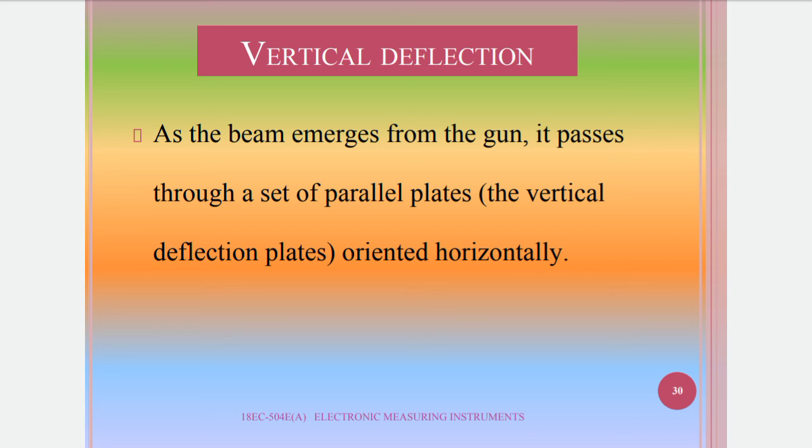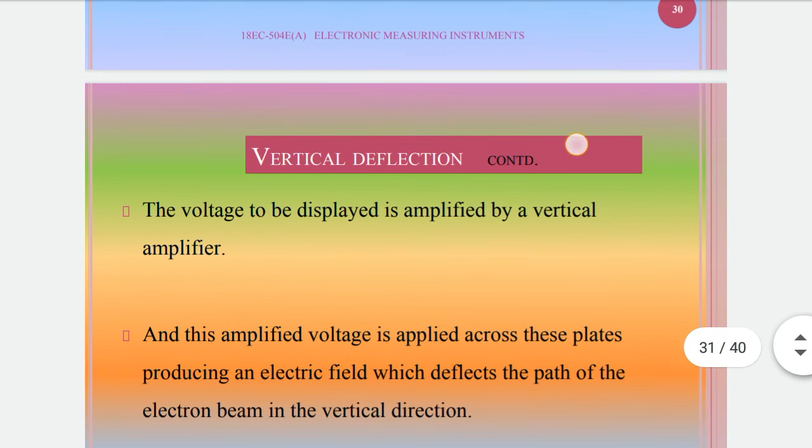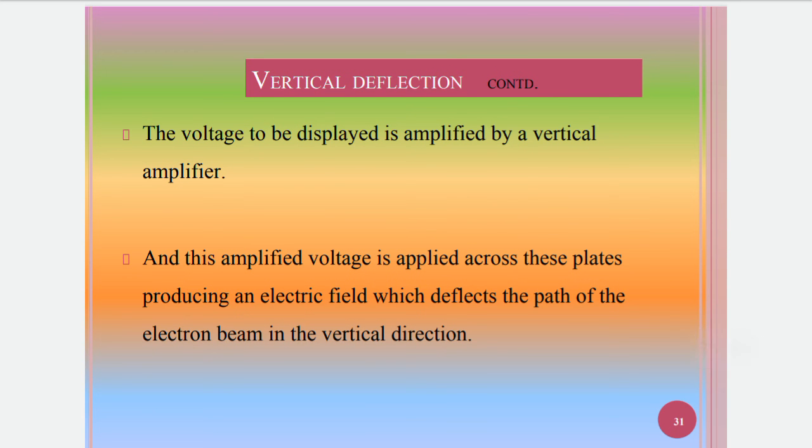So the electron beam comes out from the electron gun and passes through a set of parallel plates, that is the vertical deflection plates. These vertical deflection plates are mounted horizontally, and the voltage to be displayed is amplified